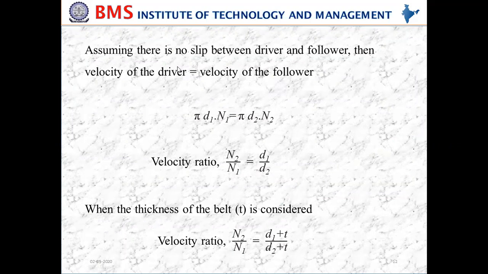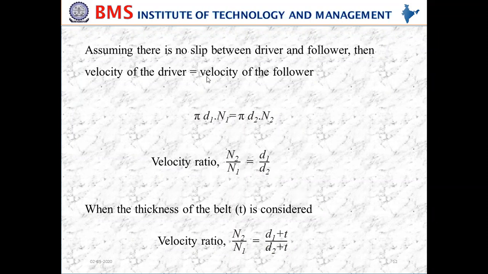So when you look at this, the velocity of the driver is nothing but pi d1 n1 from the previous equation, and the velocity of the follower is equal to pi d2 into n2. If you cancel out the pi on both sides, then I'll get n2 by n1. Here n2 is the revolutions of the driven pulley, and n1 is the revolutions of the driver pulley. So n2 by n1 is equal to d1 by d2. This is the velocity ratio equation,